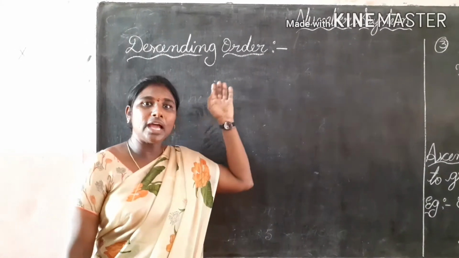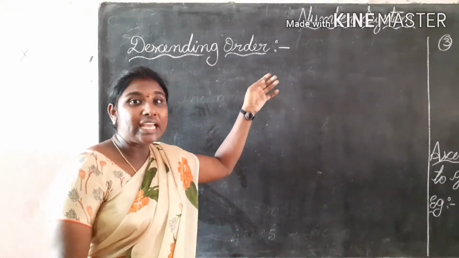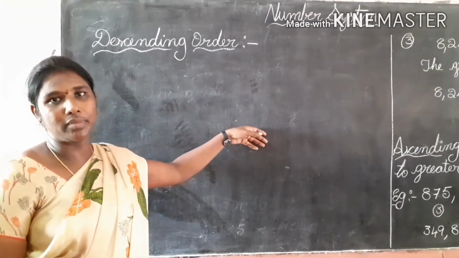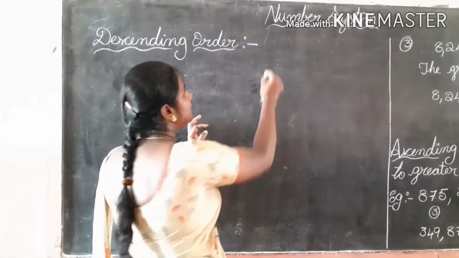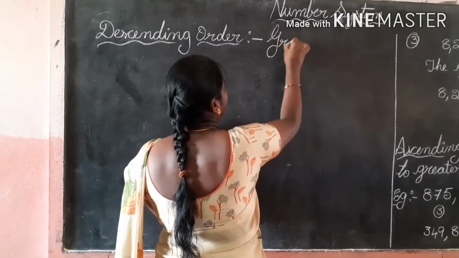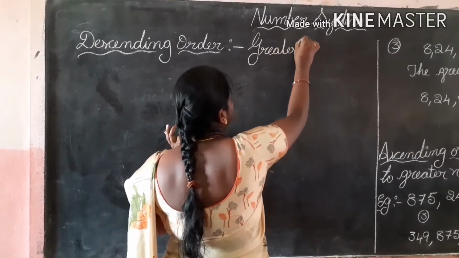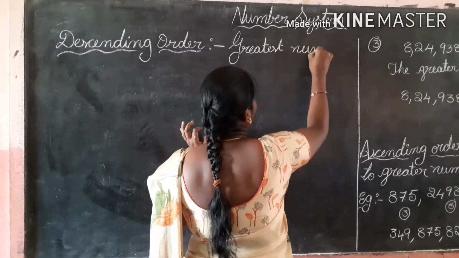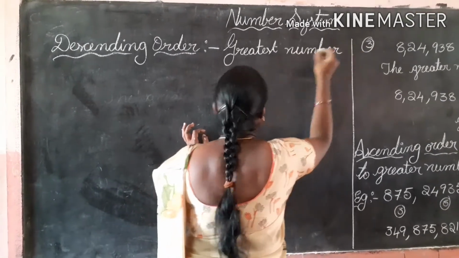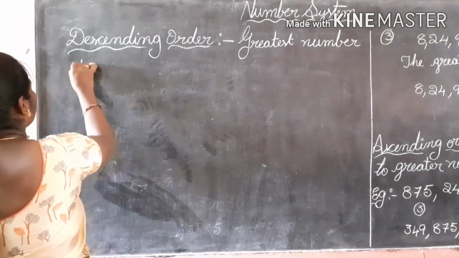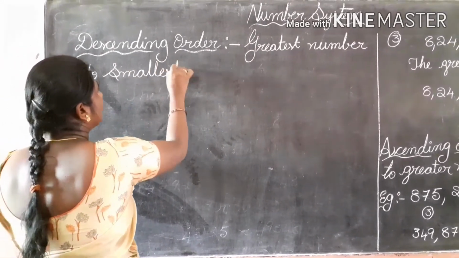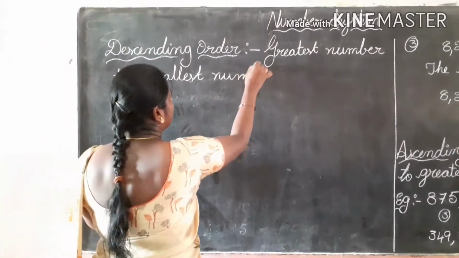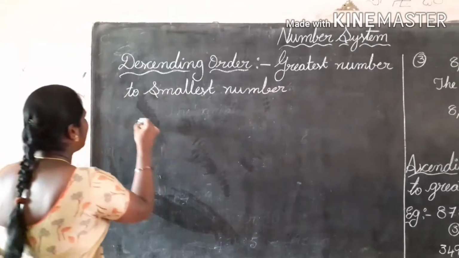Descending order. We have to arrange the numbers from greatest number to smallest number. In descending order, we have to arrange the numbers from greatest number to smallest number. For example,